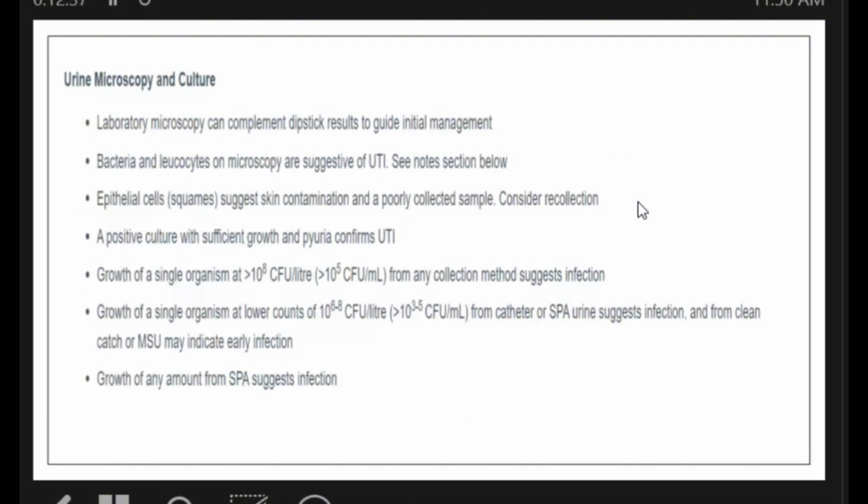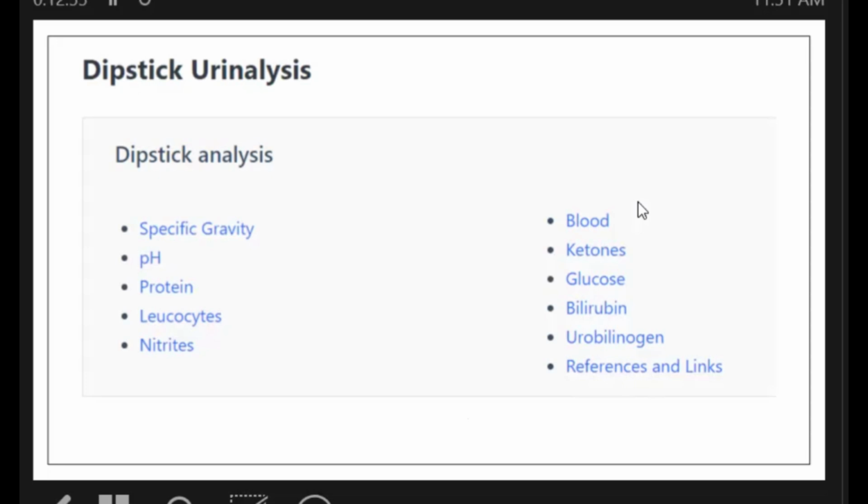When the patient has an uncomplicated urinary tract infection, in our setup we do the urine full report, but most of the Europeans go by the urine dipstick. The urine dipstick is a very sensitive test, but routinely we are not using it. But dipsticks are very valuable to assess specific gravity, pH, proteins, leukocytes, nitrites, and all these are very sensitive. If you use the dipstick in urinary tract infection, the leukocyte level we can assess by the